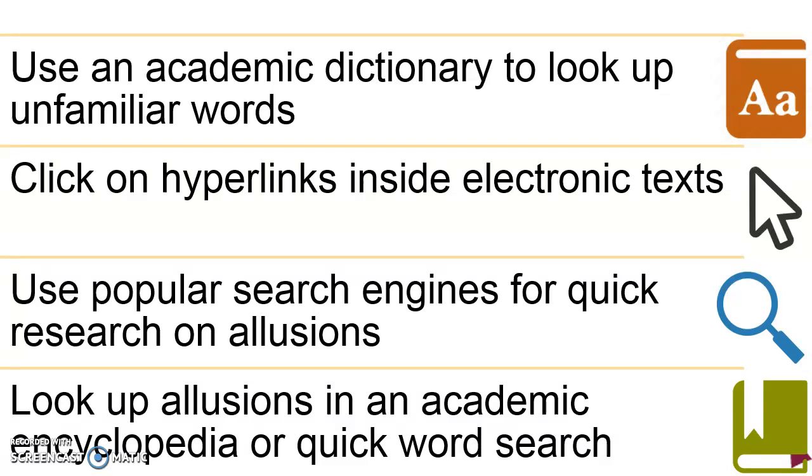If you click on hyperlinks inside electronic text, that can also give you more information. Sometimes there are footnotes in books that give you more information in the appendix or at the end of a passage. You can use popular search engines for quick research on allusions, like if the author seems to be alluding to something else,